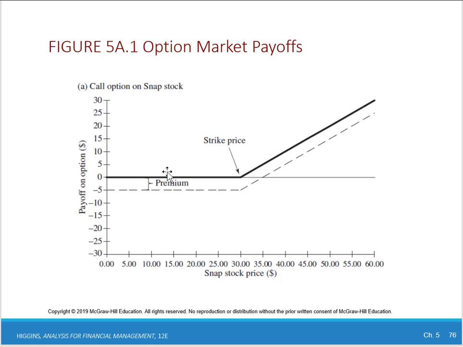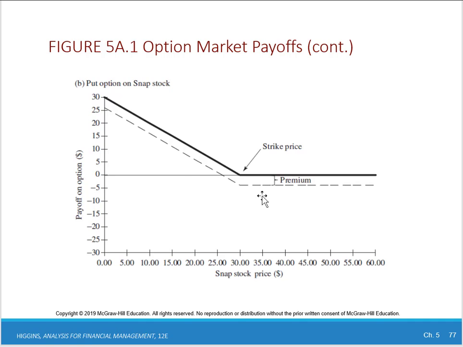But what if you owned the stock? Then as the stock price goes down, of course, you lose that value. So this provides us with an opportunity to hedge our stock. You buy the stock and you buy the option. If the stock price goes down, then you're going to lose this premium. But if the stock price goes up, you're actually going to make money.